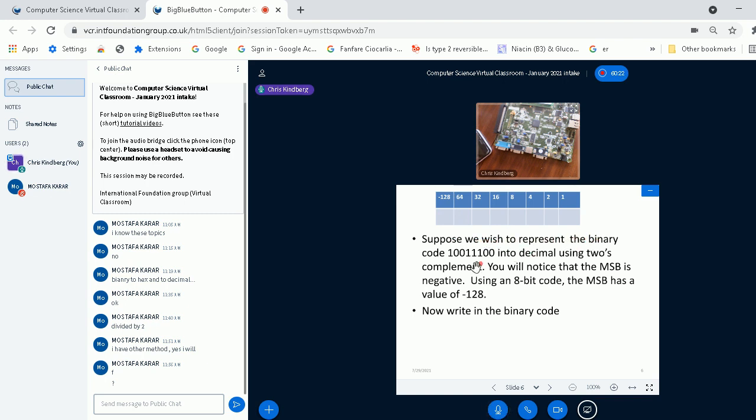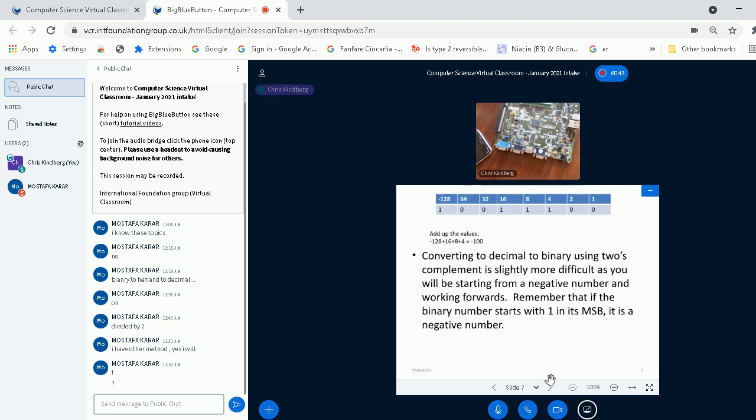Right? So supposing we wish to represent the binary code in decimal using 2's complement. So I'm assuming that's a 2's complement number. You'll notice that the most significant bit is negative, and using an 8-bit code, the most significant bit has a value of minus 128. So, converting to decimal,